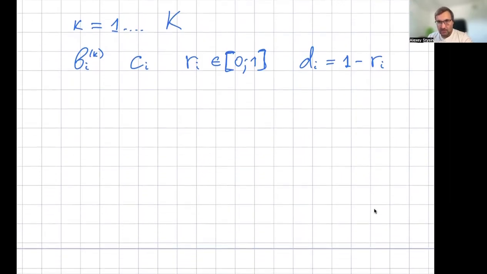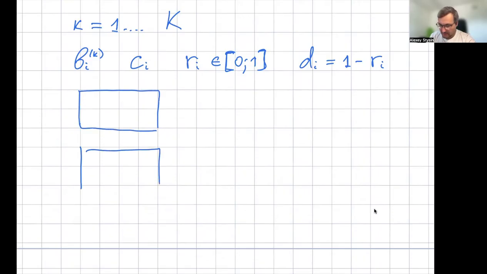Now, we want to make a certain simplification of the problem. And the way it is going to work is going to be like this. In every auction, we are going to have ad slots. And there is going to be some number of these ad slots in every auction. We should think about it as just typical sponsored search results or promoted listings results. And each of the slots is going to be characterized by the capital X, which is